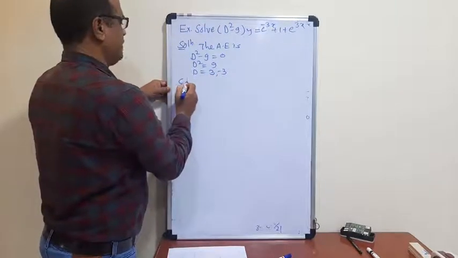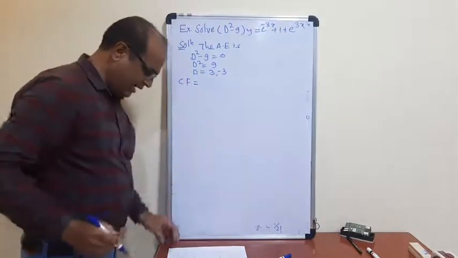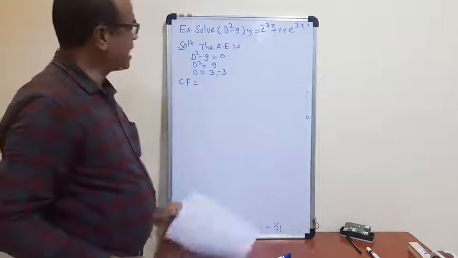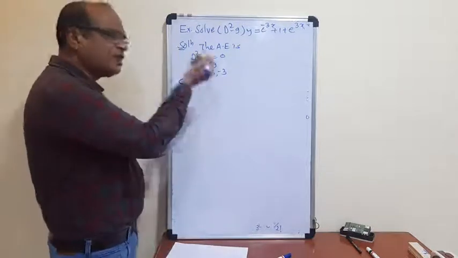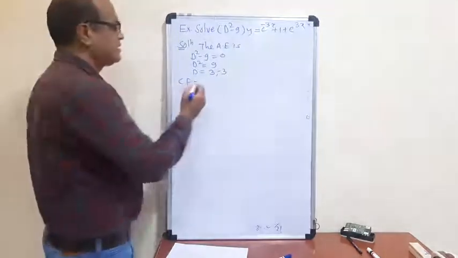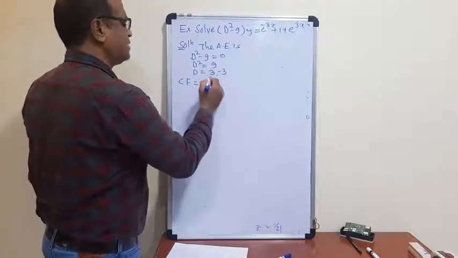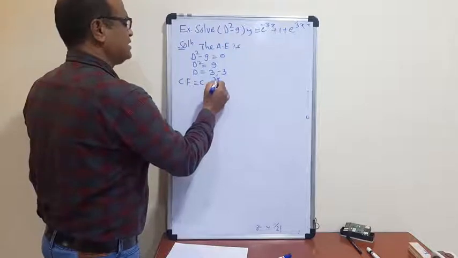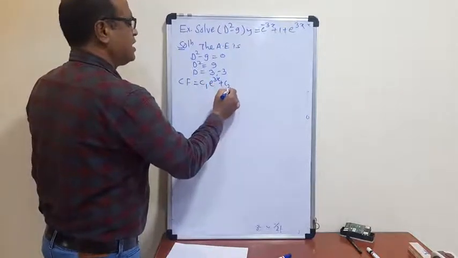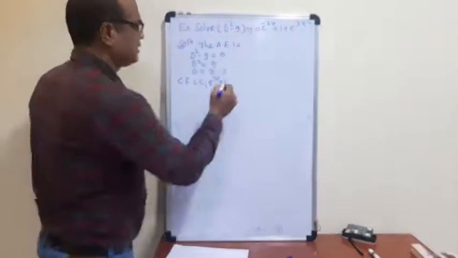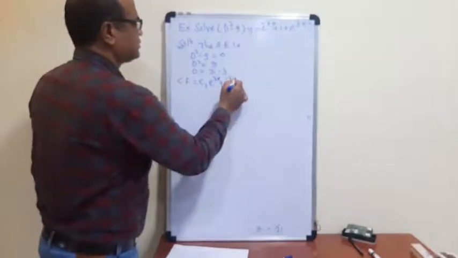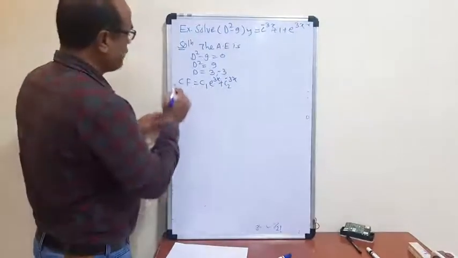So what is the complementary function? The roots are different here, not repeated, not complex. So the complementary function is C1 e raised to m1 x plus C2 e raised to m2 x. So that is C1 e raised to 3x plus C2 e raised to minus 3x, since m2 is minus 3. So this is the complementary function. Now we have to find here the